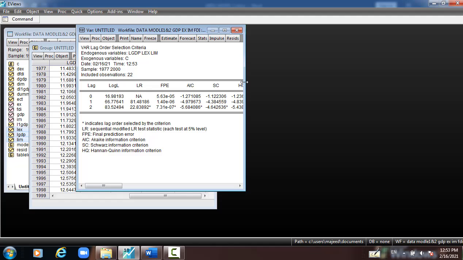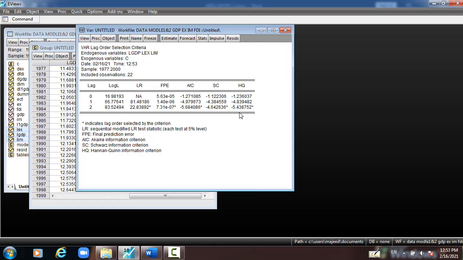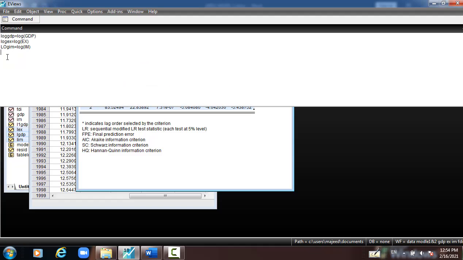Here we can see that the lag we use in this model is 2. So in this case, after we change the lag length, we go to step 2. Step 2, check your stationarity, unit root. Let me just put it here: step 1, we find the lag length. Step 2,